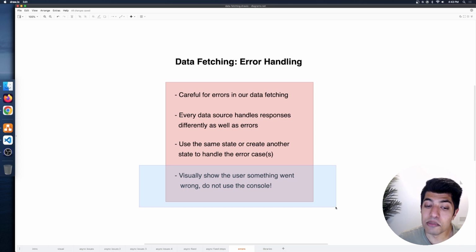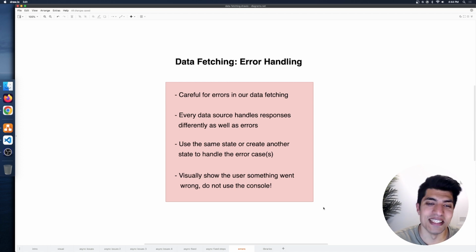I'm skipping kind of steps here, but don't show these in the console because no one's going to see the console except for developers most of the time, especially not on mobile. When was the last time you saw the developer console on Chrome or Firefox or Safari on mobile? Probably never. In fact, I don't even remember having to do that at all, except for mirroring it to my computer for testing some various web environments. So you want to, in the UI, visually show what's happening, whether it's a loading state or an error state